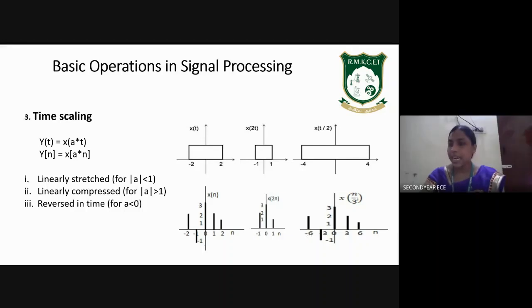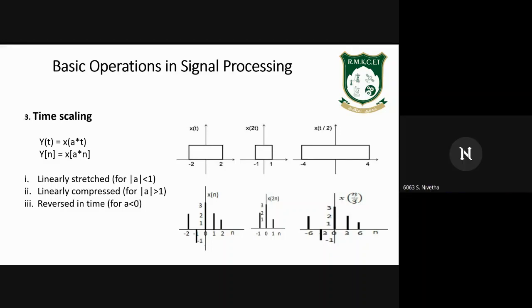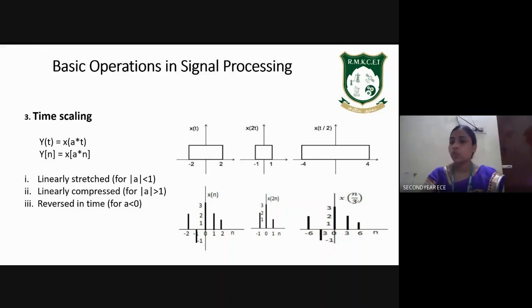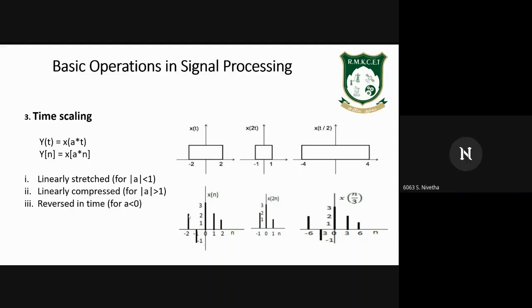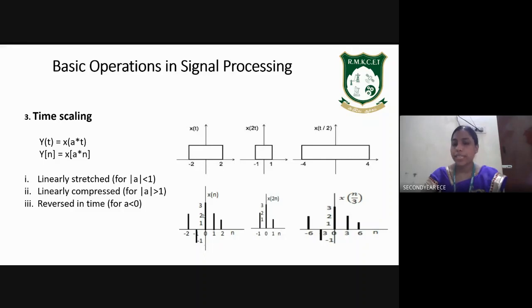Put minus 6 here. x of minus 6 by 3, x of minus 2. x of minus 2 is equal to 2 from our original signal. And this will come here at minus 6. At minus 6, what is the value of x of